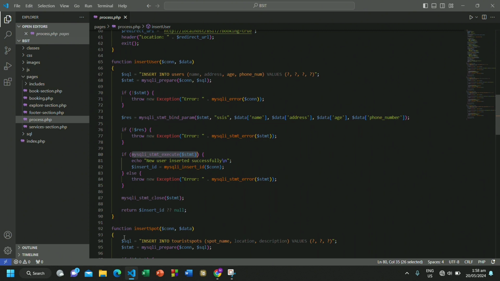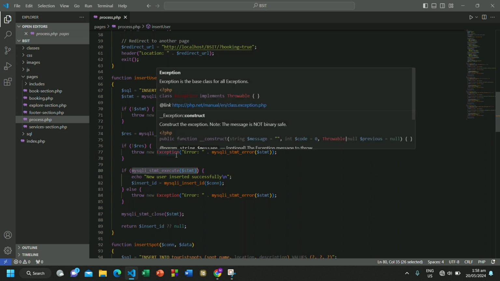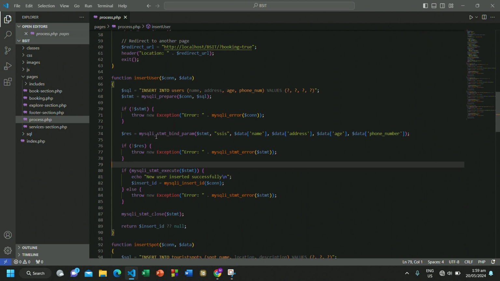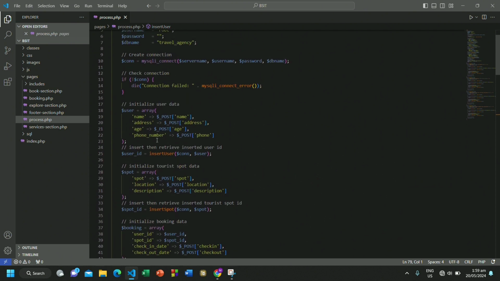So now, after we return the insert ID, this function will have the user's ID, which is auto-generated because in the SQL we auto-incremented the user's ID. After this gets executed, the data inputted here will be posted to our database.